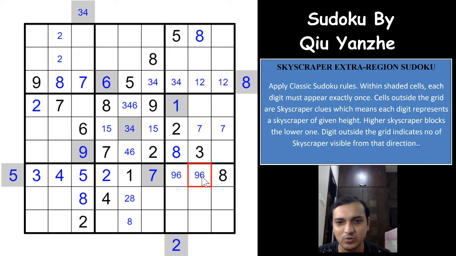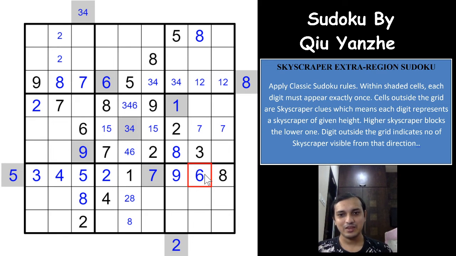Okay, that is done now. So you cannot have a 9 here. Superb. What a minute logic everywhere, guys. What a minute logic. I am really enjoying solving this Sudoku. It's a really enjoyable one. So if you have a 9 here, you already have an 8 here, and you will see more than 2 buildings from the direction, which means you cannot have a 9 here. 9 has to be in one of these 3 cells, and we already know 9 has to be in one of these 2 cells, which means 9 is here and 6 is here, right?